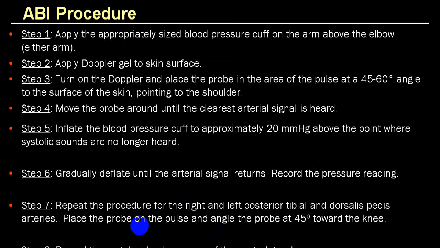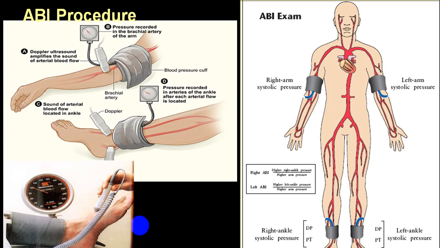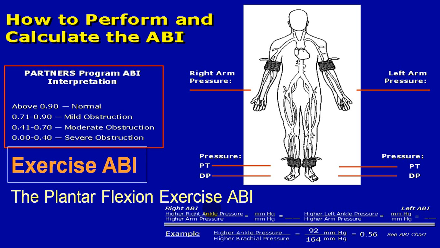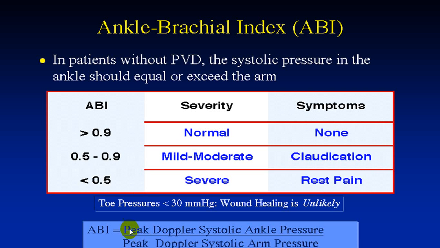This is an entire procedure, how you do ABI procedure. This is after doing an ABI procedure, you try to find out the ratio. And we have already mentioned that if a ratio is less than 0.5, it is suggestive of a critical limb ischemia. This is typical. This is very, very typical exercise test you should go for. So less than 0.5 indicates severe